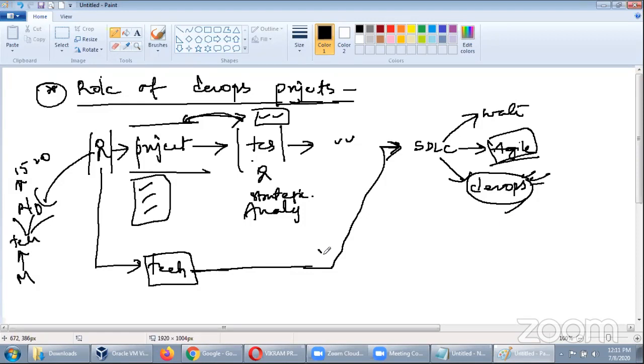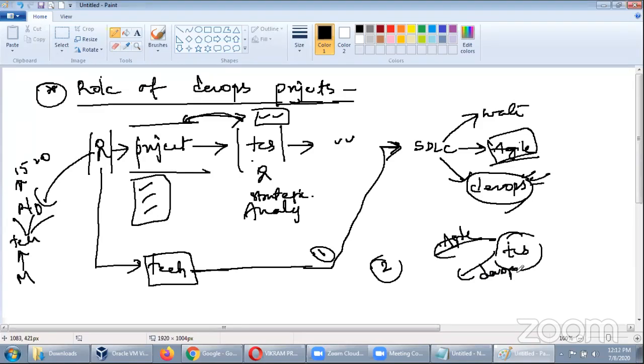So this is one choice. One choice is the client may ask you straight. The second choice is, you may offer the technologies that you know to the client. This is what happens. You will say that I can do the project in agile, I can also do it in DevOps, I can also do another model, called SAFe.